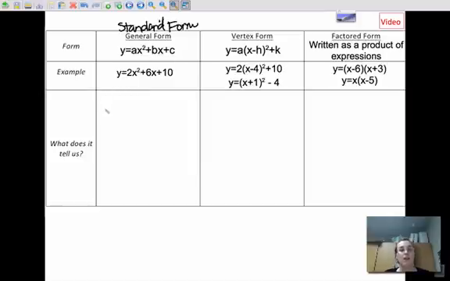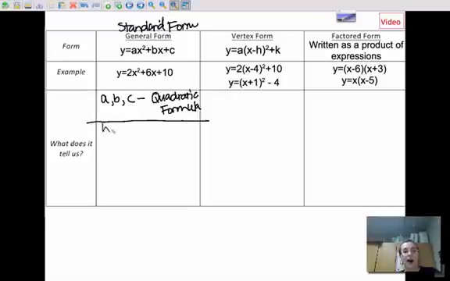Okay, this tells us a couple things. First of all, this easily tells us a, b, and c for the quadratic formula. So when something is already given in standard form or in general form, we can easily use the quadratic formula to find the roots. Now, without doing any math, I'd like to know also, without math,